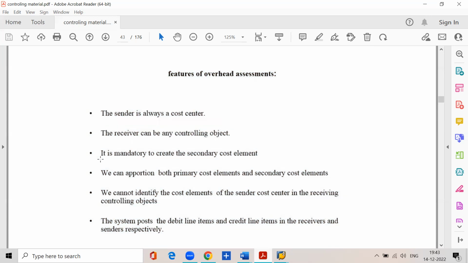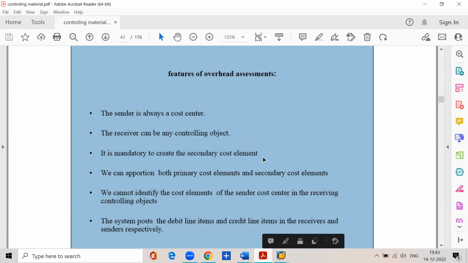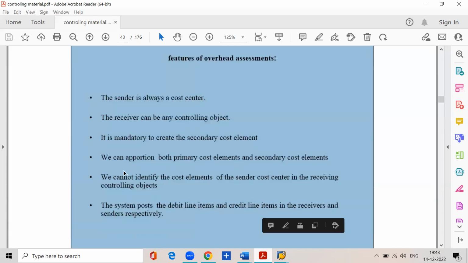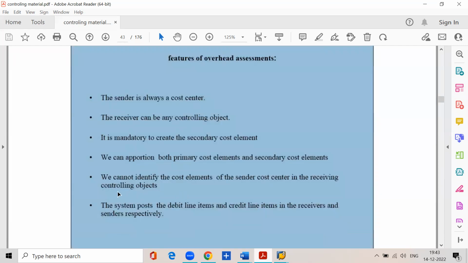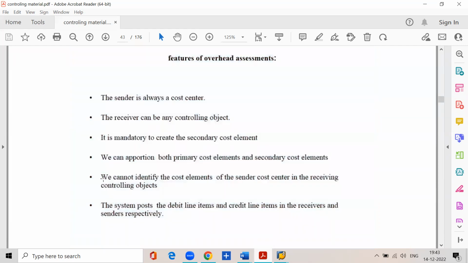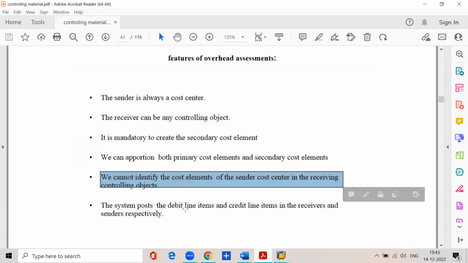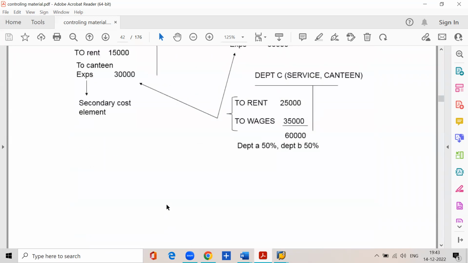Then it is mandatory to create a secondary cost element. Without a secondary cost element, we cannot perform assessment of overheads. Then we can apportion both the primary cost elements and secondary cost elements. Now, we cannot identify the cost elements of the sender cost center in the receiving controlling objects. See, we cannot identify the cost elements of the sender cost center in the receiving controlling objects. Means